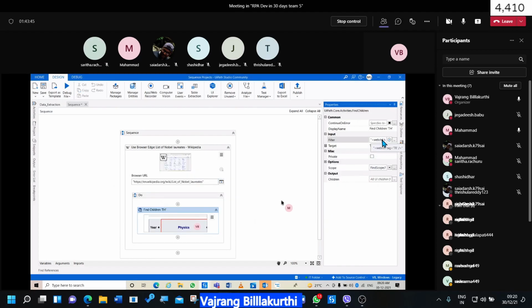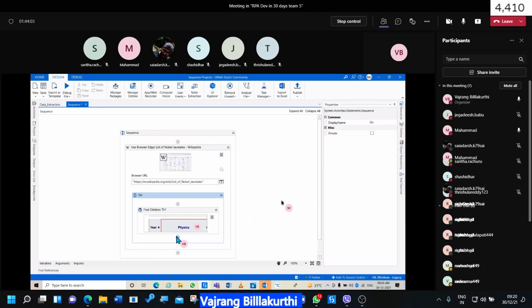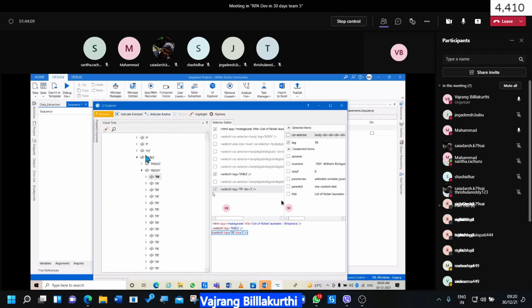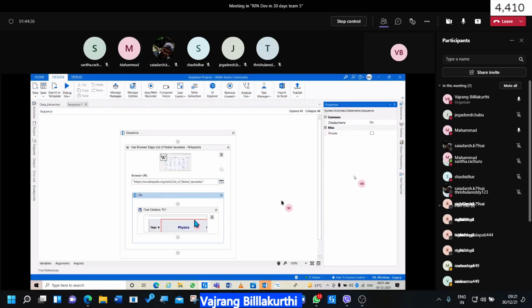Now what are we picking up? Table row. So we need to select something like this: find children, find the exact descendants, and find top level process and thread. At the max, I will use children and descendants only. Children will pick the immediate next items. If you see over here, TR is not the exact child of table. Yes, correct. Table's children are T head and T body only. But if we want TR, then it should be a descendant.